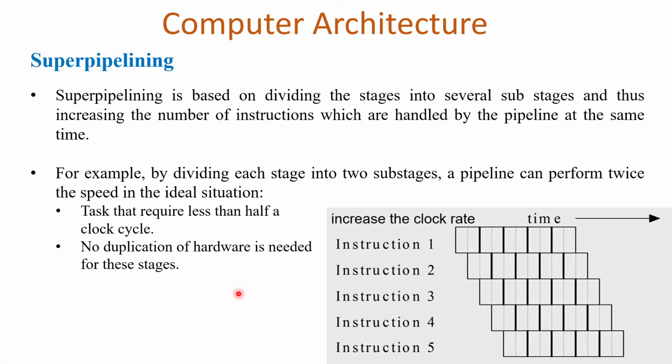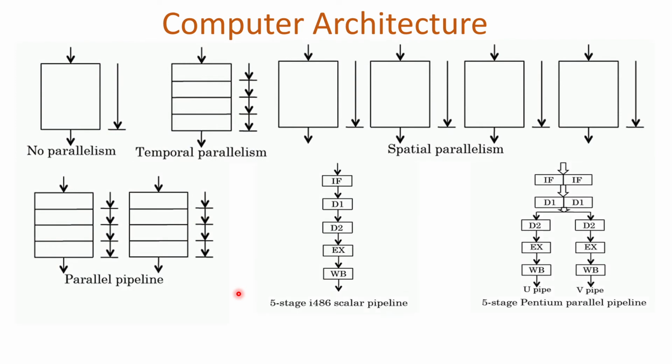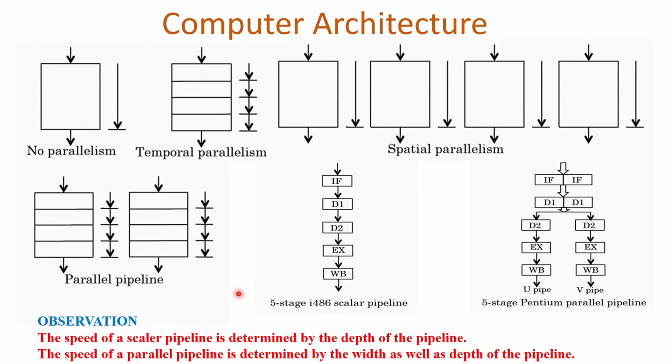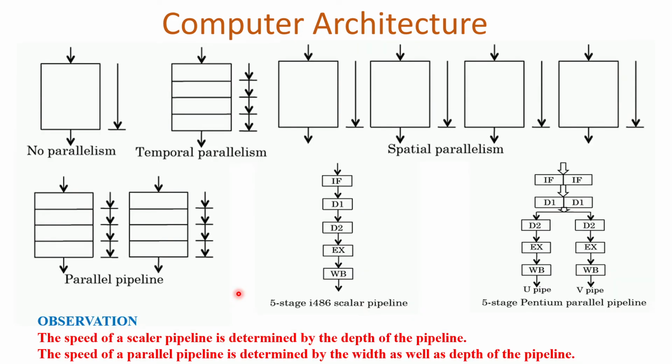So to get out from this unification limitation, we can go for a diversified pipeline. But before that, we can observe one thing: the speedup, which represents the throughput of a pipelining. For a scalar pipelining, we can define the speed